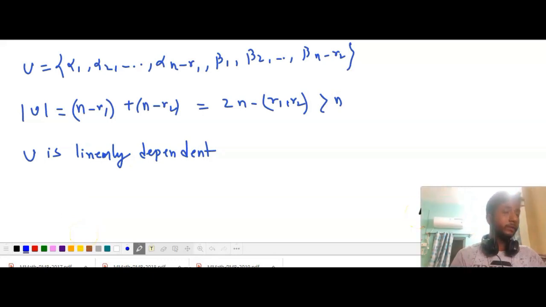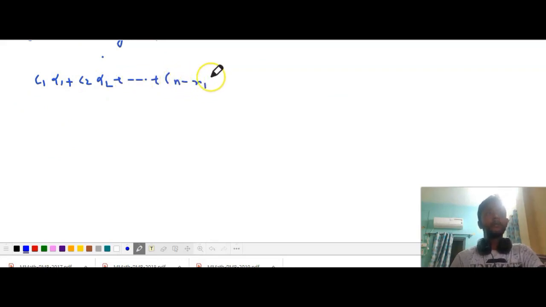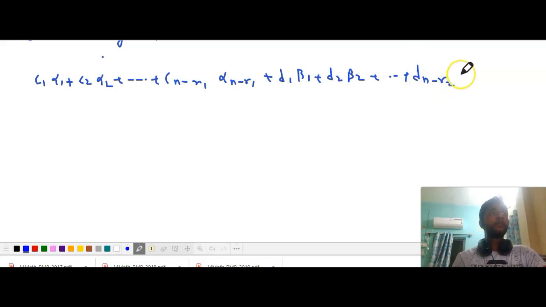Now consider the relation C1 alpha 1 plus C2 alpha 2 plus dot dot C n minus R1 alpha n minus R1 plus D1 beta 1 plus D2 beta 2 plus dot dot D n minus R2 beta n minus R2 is equal to theta. Now as U is linearly dependent,